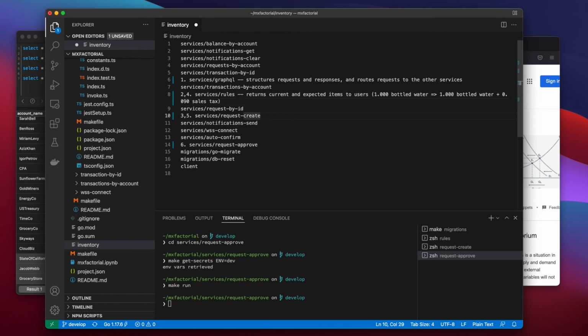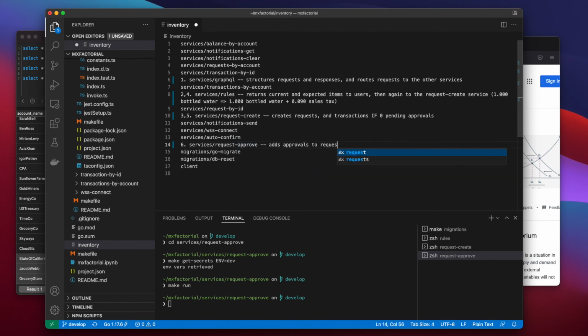The request create service creates transaction requests, and it'll create a transaction if 0 approvals are pending. Rules also repeats current and expected items to the request create service, so it can test if users are servicing all their commitments. And when approvals are pending, users may add their approvals through the request approved service.